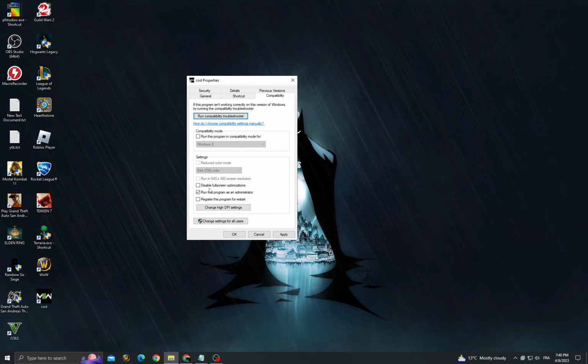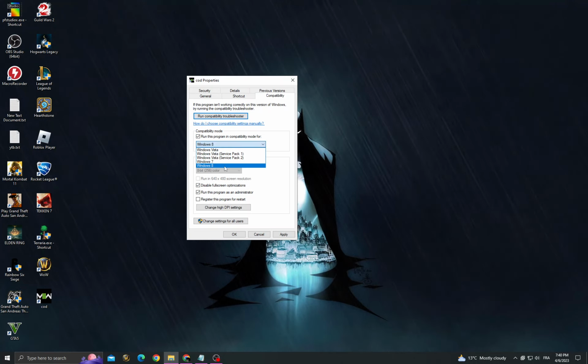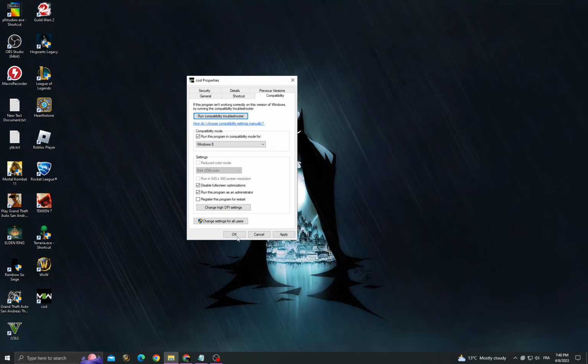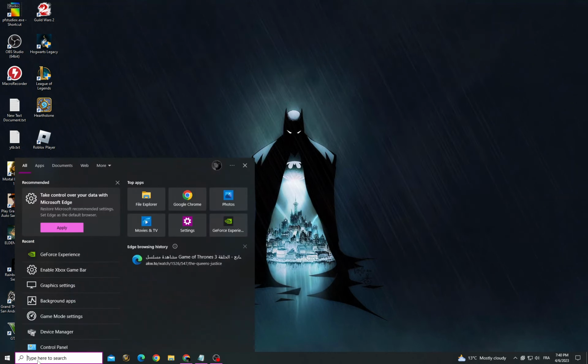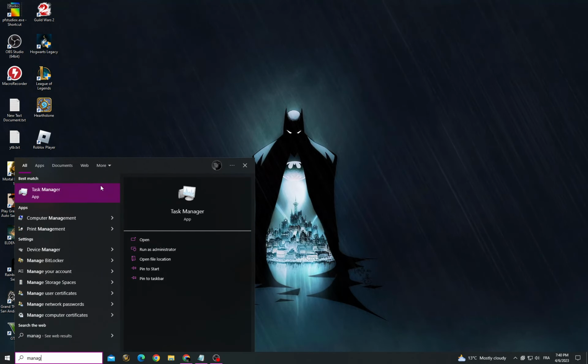and then go to Call of Duty Properties, Compatibility, and now go to those two options, and first option make it for Windows 8. Click apply and OK, and after that go to task manager,